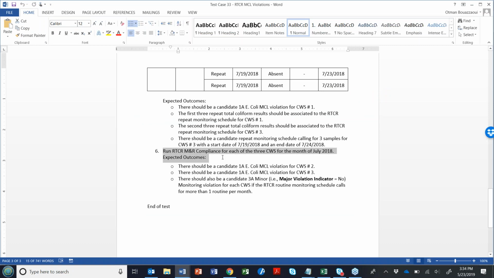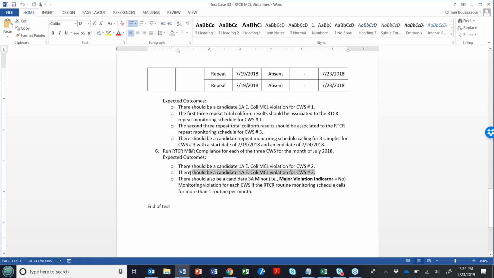What we're going to do next is run MNR. And what should happen is that we should see the MCL violation we're expecting for water system number 2. As remember, we added the positive E. coli and we didn't enter any samples after that.